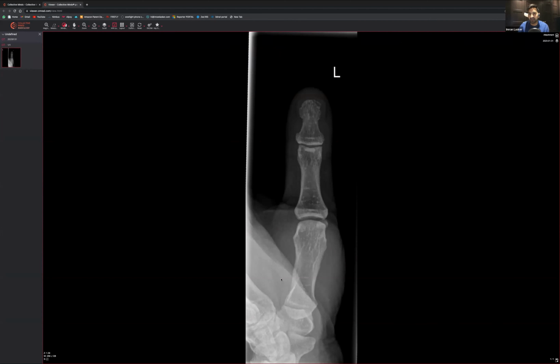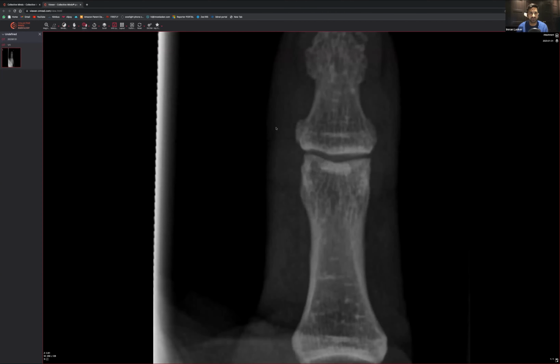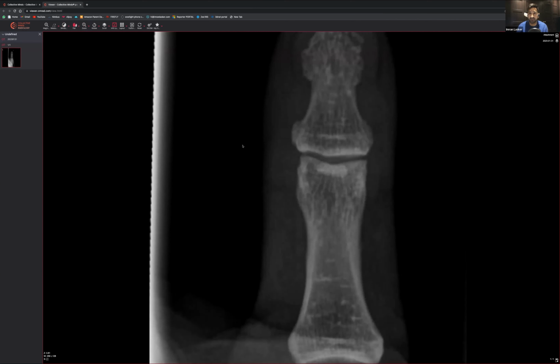So this person has given us a left thumb x-ray, and what I always do is draw around the entire thing like so, and then again like this, all the way around. And what you need to do as well, if it helps you, is really zoom in. Don't be ashamed to zoom in. As you can see, this platform is really good for that.